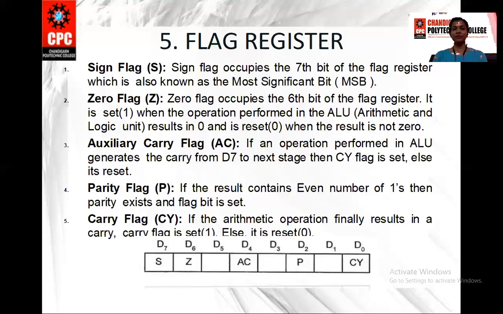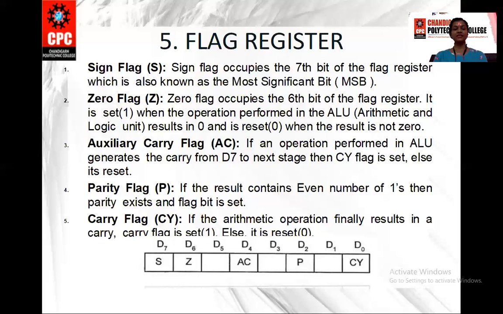Sign flag will set to 1 when the result is negative. When you get the result from the ALU and if it is negative, then the value of sign flag will be set to 1. That means sign flag is active if and only if your result is negative, right? Second is zero flag. Zero flag will be active as its name implies. Zero flag is active if and only if your result is completely zero, right?